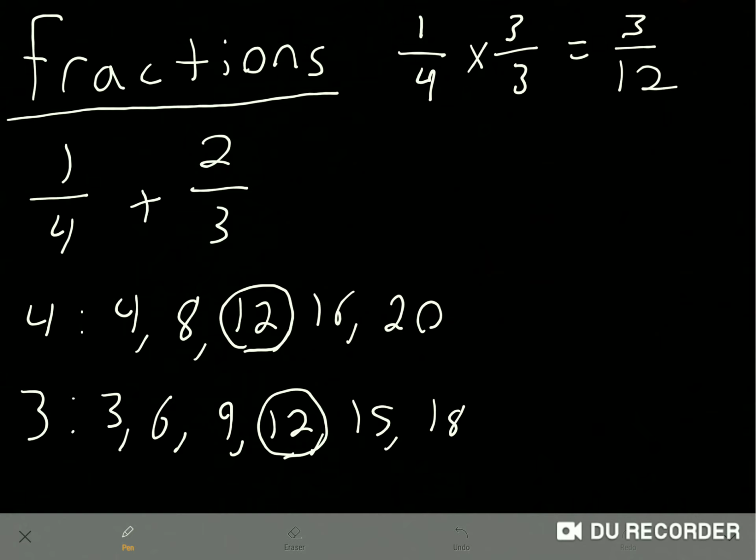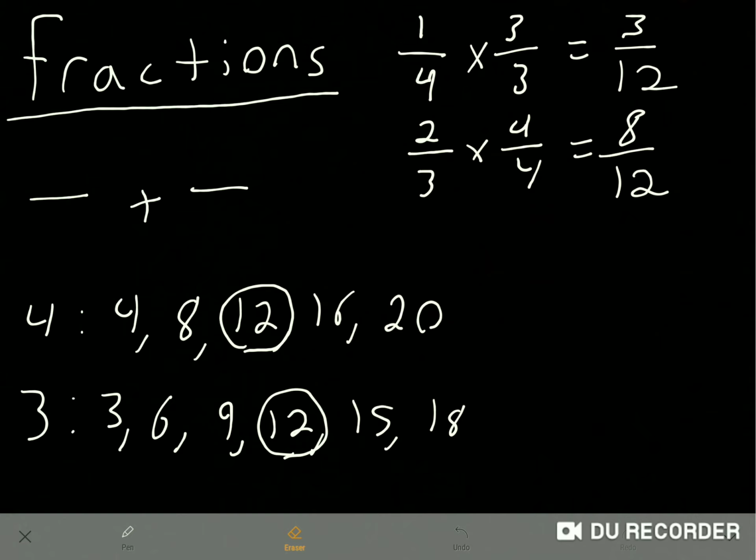We want to do the same thing for 2/3. We'd have to multiply by 4 over 4 in order to get the 3 to be 12. So if we look at 2/3 times 4 over 4, 2 times 4 is 8, and 3 times 4 is 12. So now we can rewrite our original addition as 3/12 and 8/12. And that's going to give us 11/12